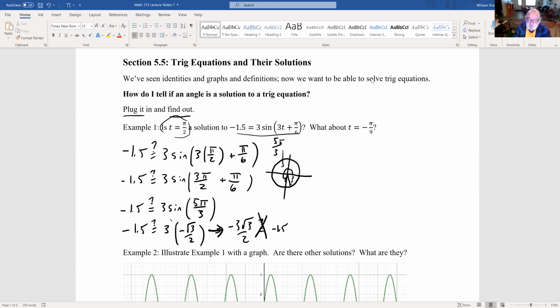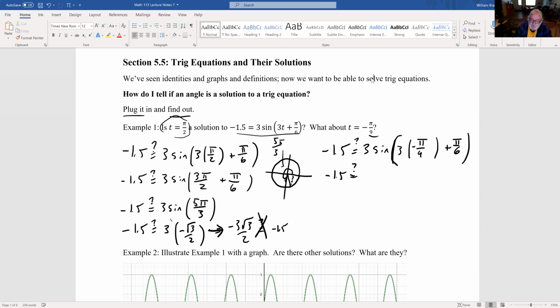What about minus pi over 9? Well, same thing. To check if something is a solution to an equation, you plug it in and see if you get a true statement. Right, so we've plugged it into the sine. Now we need to simplify what's in the sine. This becomes just minus pi over 3 plus pi over 6. And if you add those together, you get